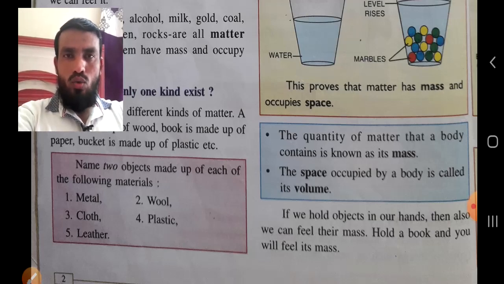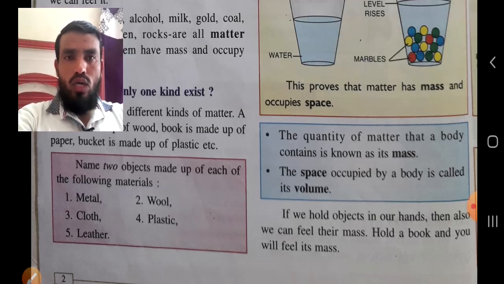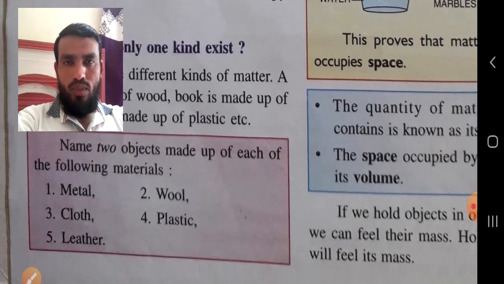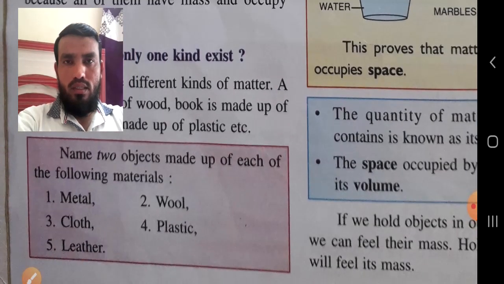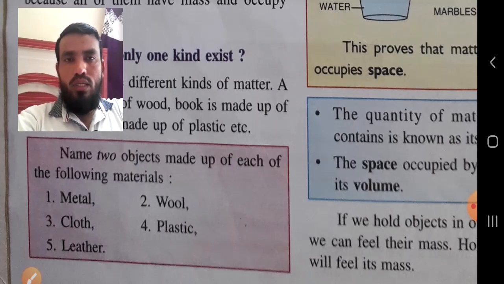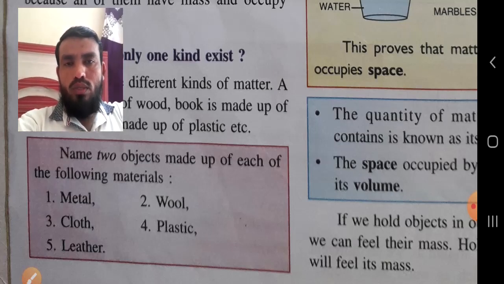You have to write two objects made up of each of the following materials. These are the 5 materials, the names of which are written in your book, and you have to write 5 examples of what is made by this kind of material. You have to write 2 objects that are made by metals. You can write 2 objects that are made by wool, 2 objects from cloth, 2 objects from plastic,